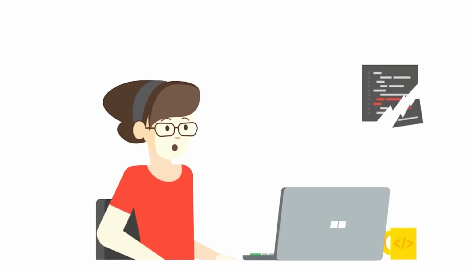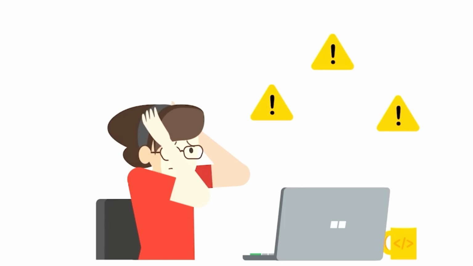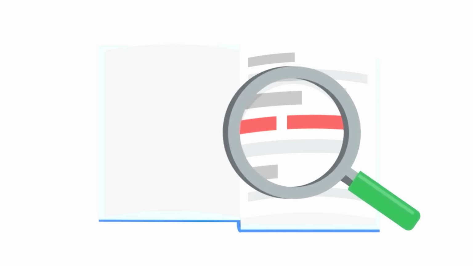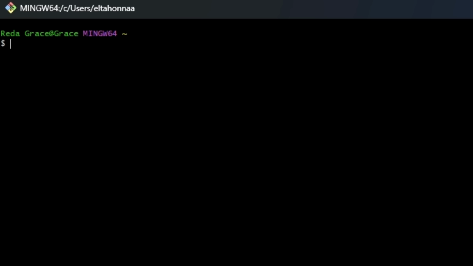A few hours later, you start to receive tickets from users indicating some part of the script is broken. From the errors they describe, it sounds like the problem is related to your recent changes. You could look at the code you updated to see if you can spot the bug. But more tickets are pouring in, and you want to fix the problem as fast as possible. You decided it's time for a rollback. There are a few ways to roll back commits in Git. For now, we'll focus on using the git revert command.